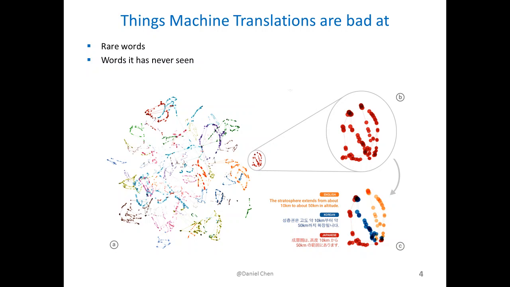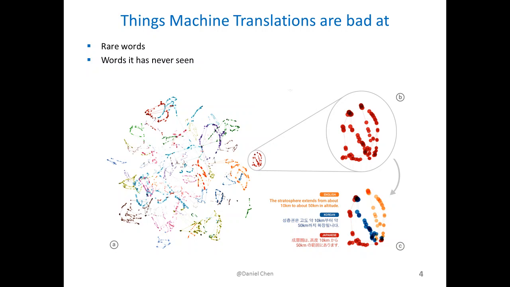So that being said, machine translation is not perfect. There are many things it is bad at. If you've ever looked at any Asian languages, you know there are a lot of missing chunks. So it is especially bad with rare words and words it has never seen before. Essentially, it has not been trained on them, so it has no clue what they are. So there are many newer ideas to get around that. And this picture is just to give you an idea